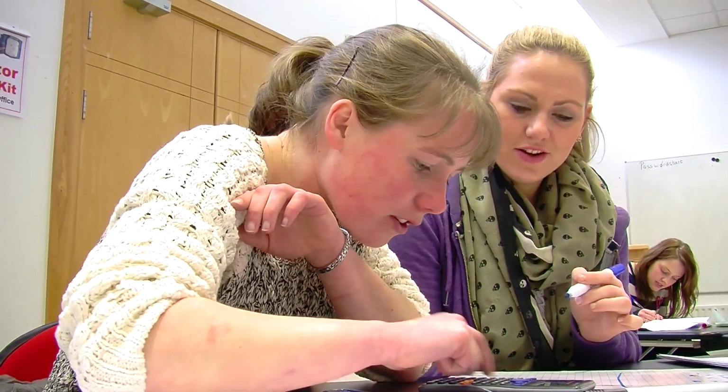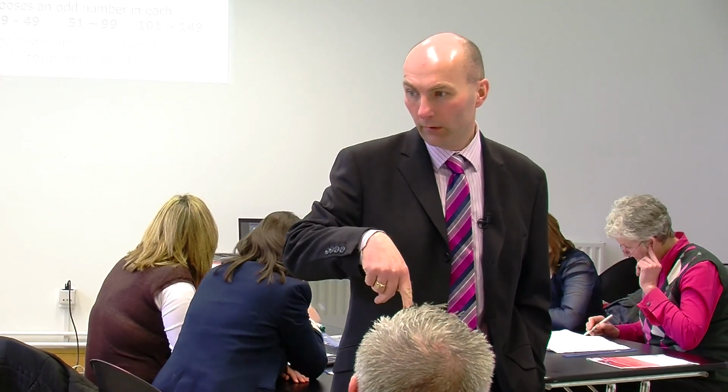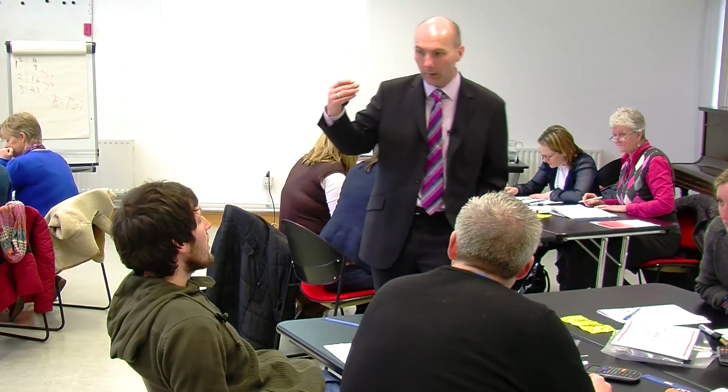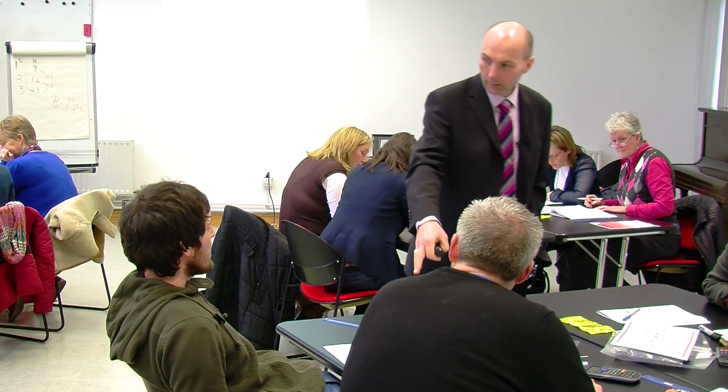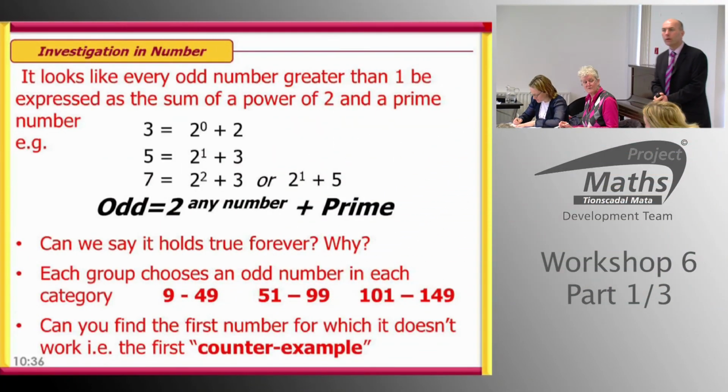2 to the power of 7. Yeah, 2 to the power of 7 plus 3. Perfect. So if 2 to the 5 doesn't work, you try 2 to the power of 6, but that goes over, so try 2 to the power of 4. So 2 to the power of any number. We're not restricted to the highest power. Does that make sense? Yeah. 16, 25. Yeah. One very quick way to check if there's a prime number or not for your students